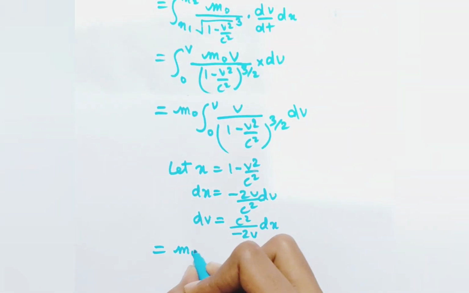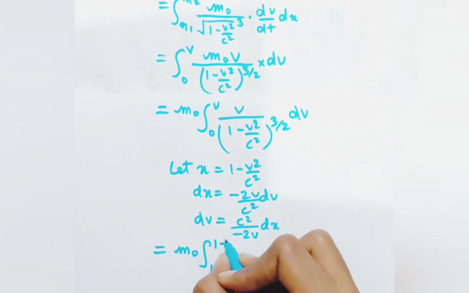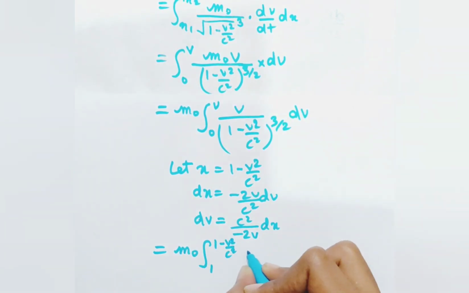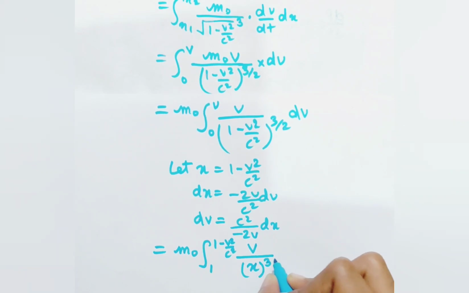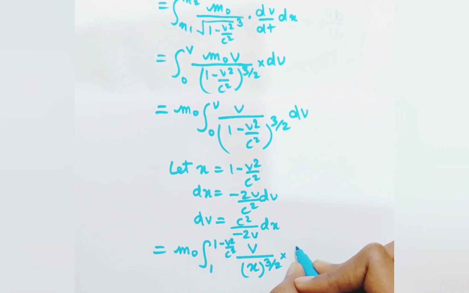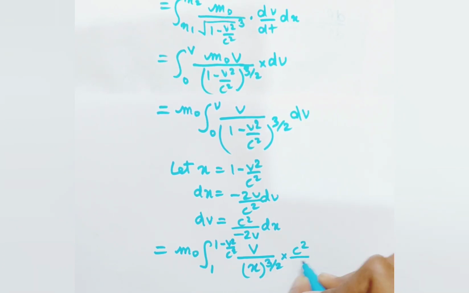So we can put this value of dv into this equation, and doing this will change the limits of the integral. So m naught times the integral from 1 to 1 minus v squared over c squared of v divided by x to the power of 3 over 2, multiplied by c squared divided by negative 2v, dx. We can cancel out v